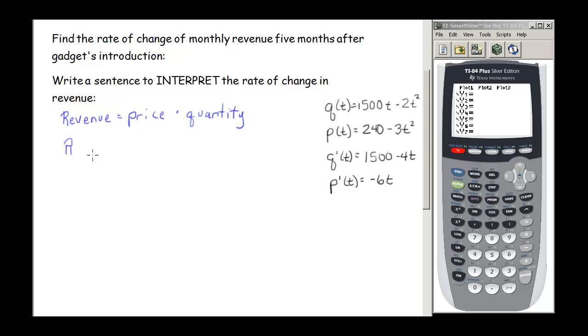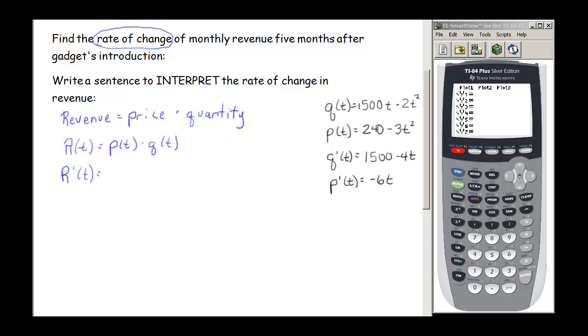So this revenue function is also going to depend on time. We're going to have R of t equals P of t times Q of t. Okay, so that's our revenue function. We want to find the rate of change in our revenue function, so we need to take the derivative of this function. So we're going to have R prime of t,